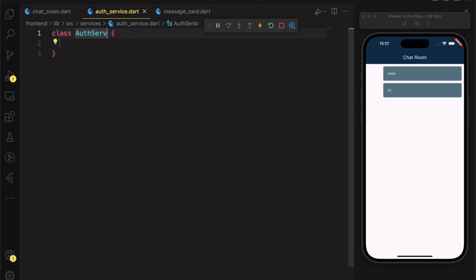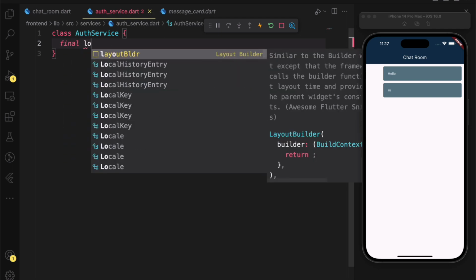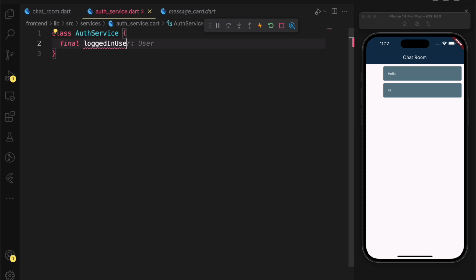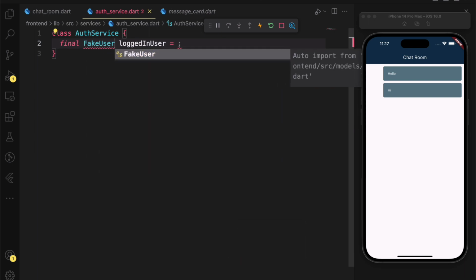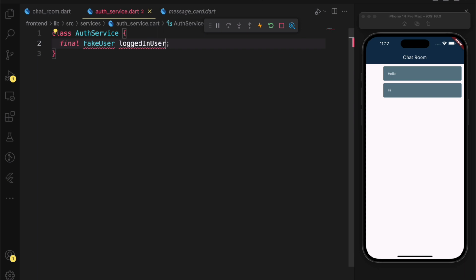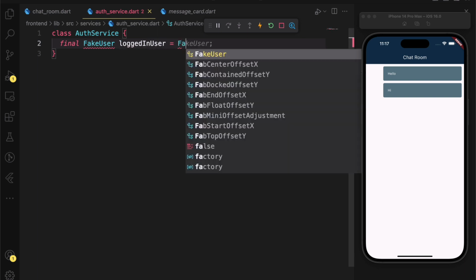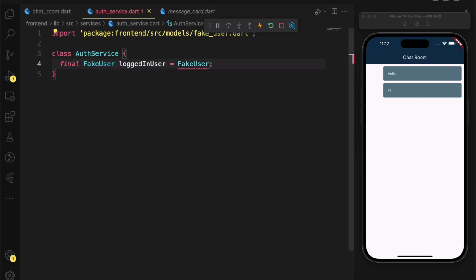The auth service is the one that authenticates or validates the user, and sends requests to the server to know who the logged in user is. So you've got to log into the application, and once you're logged in, we know who you are. So we're going to create a variable or a state here called logged in user, which is going to be of type fake user.